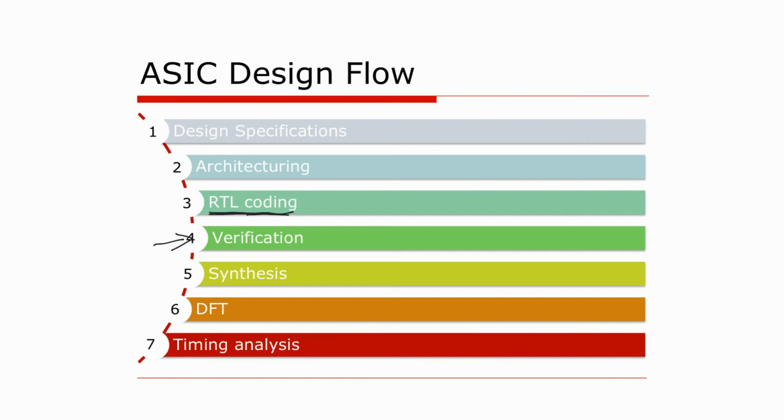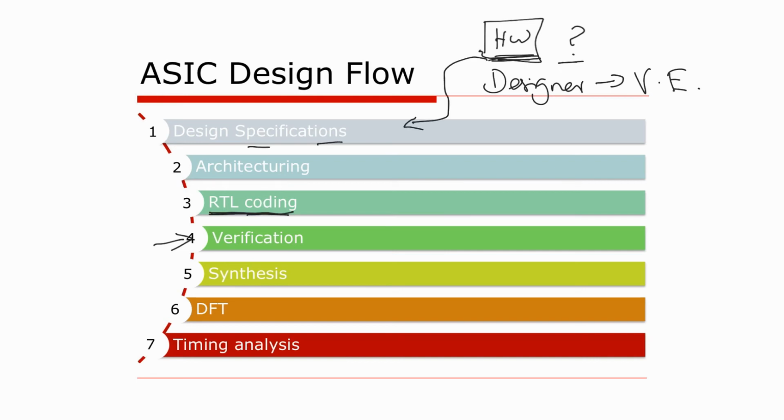So you've designed something, so you have a certain hardware, and how do you know it performs the intended function? Now another person, other than the designer, has to verify your hardware. That person is the verification engineer. He or she verifies this hardware and checks if it meets the intended specifications that were initially documented. Now if the designer looks at his own design, he may not catch the bugs. So that is why you have a separate team called the verification team. They look at this design without any bias and check all the corners, check all the possible mistakes the design